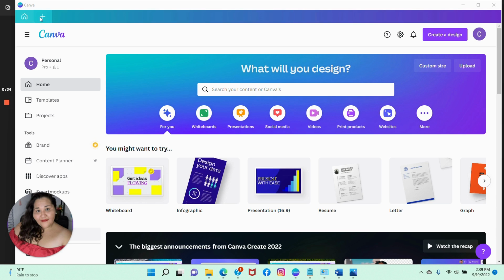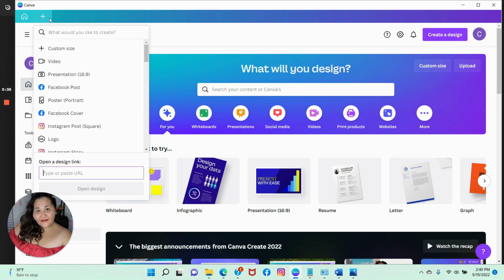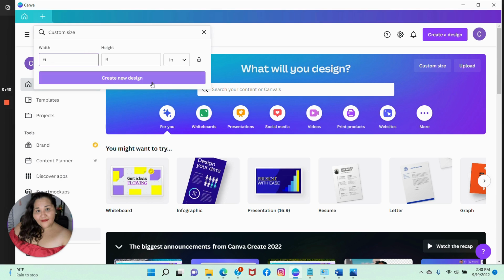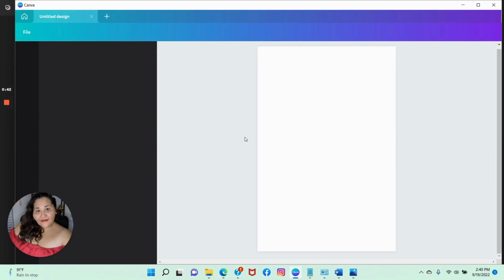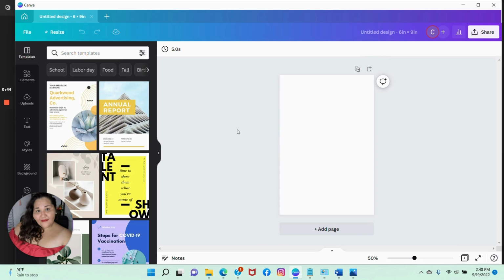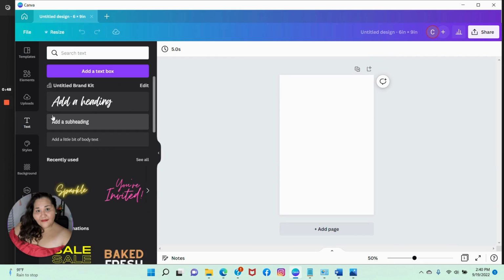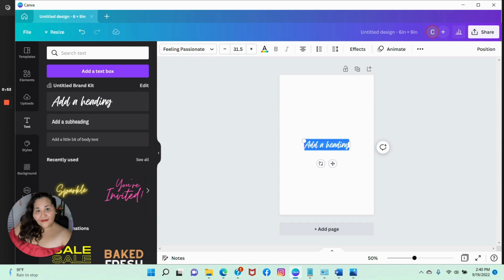I am in Canva. I do have the pro version, so I'm going to go up here. And just because I do know the size of my Amazon book, I'm going to make it 6x9, just to make it easier for us. On the first page, and you don't have to do this, I just listed a "this belongs to" kind of thing. So I'm going to go to text down here over on the side. I'm just going to add this. You can also add a text box up here. And I'm just going to write in